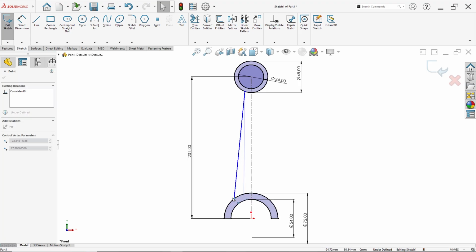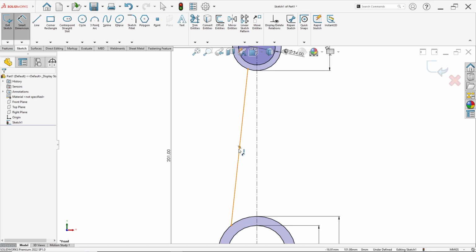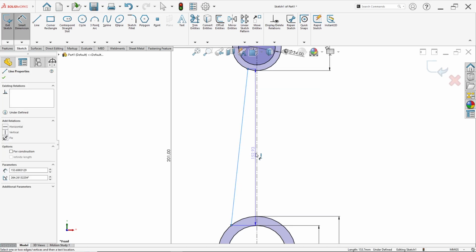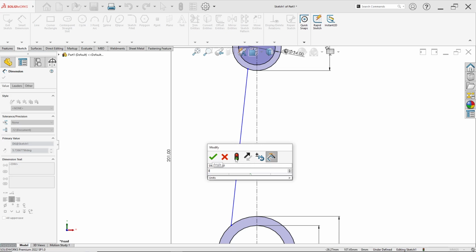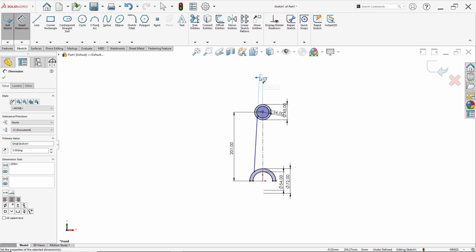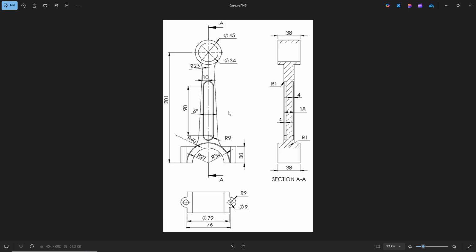You can adjust here, and don't forget there is an angle of 6 degrees here, but I want to set this line as the center line. Half of 6 degrees is 3 degrees like this. Okay, we just make a half because after that we can mirror entities this line. Here we can see a radius of 23 and here a radius of 40.